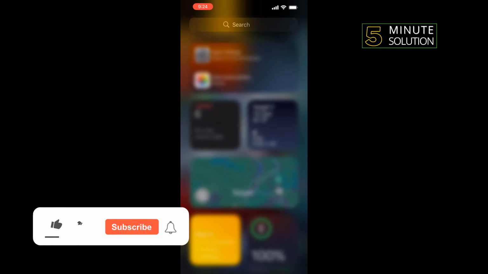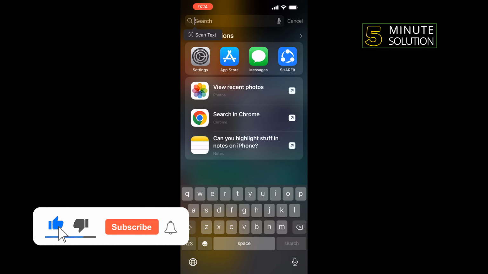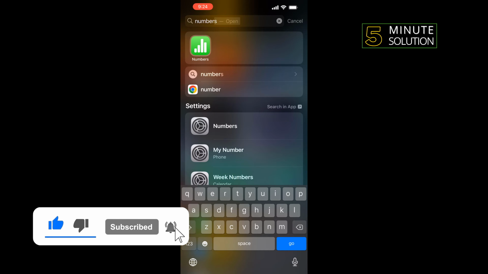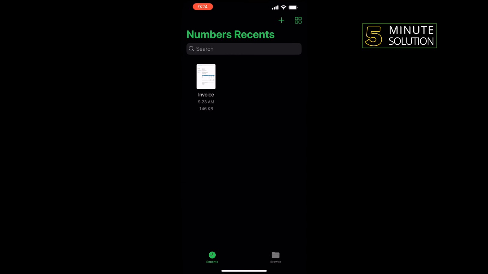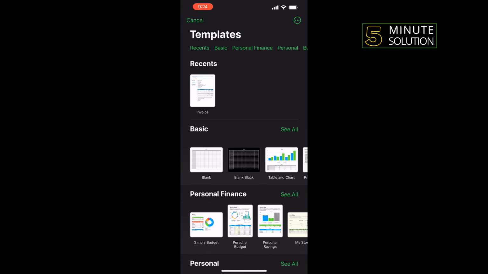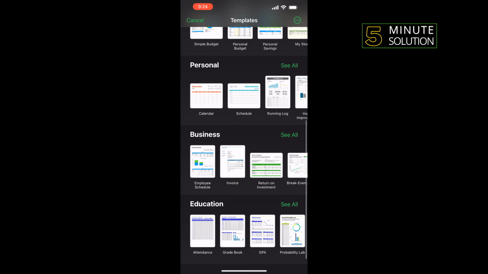First of all, search here Numbers, tap on Numbers, tap on this plus icon, scroll down, inside of the Business section tap on Invoice,